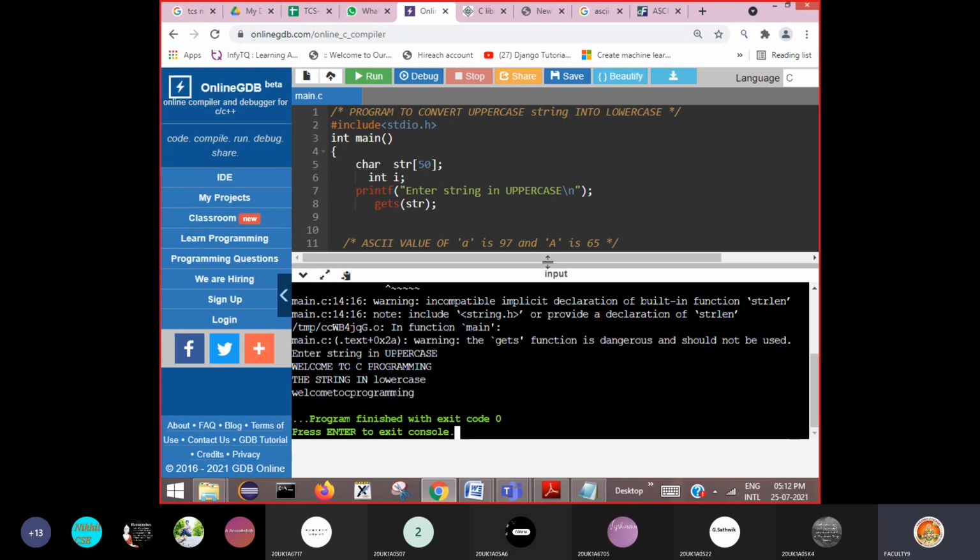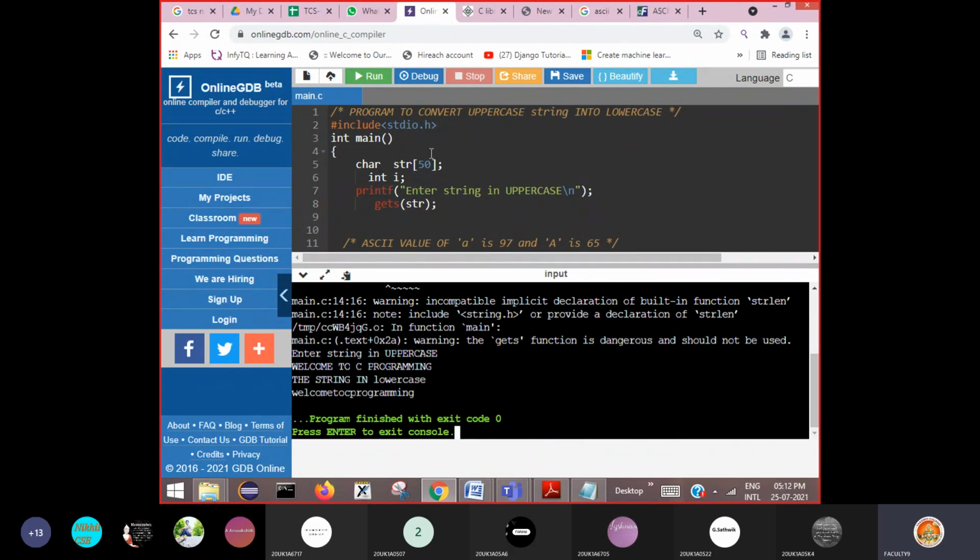Whenever we encounter white space, we directly skipped it and went to the next character in the string. That's why the next letter is printed immediately after welcome, and TO is printed immediately after. That's why there is no gap between the words in lowercase.